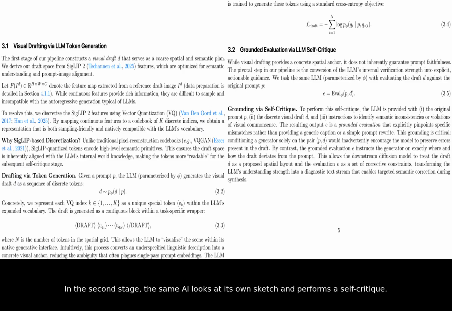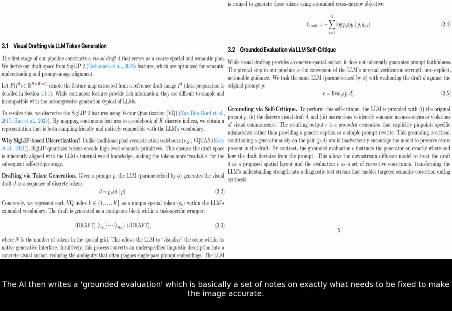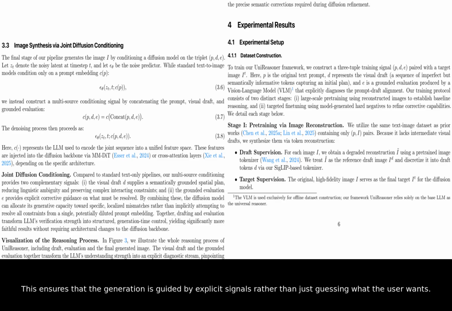In the second stage, the same AI looks at its own sketch and performs a self-critique. It compares the draft against your original instructions to see if anything is missing or in the wrong place. The AI then writes a grounded evaluation, which is basically a set of notes on exactly what needs to be fixed to make the image accurate. Finally, a separate image-making model takes the original prompt, the rough draft, and the AI's correction notes to generate the final high-quality image. This ensures that the generation is guided by explicit signals rather than just guessing what the user